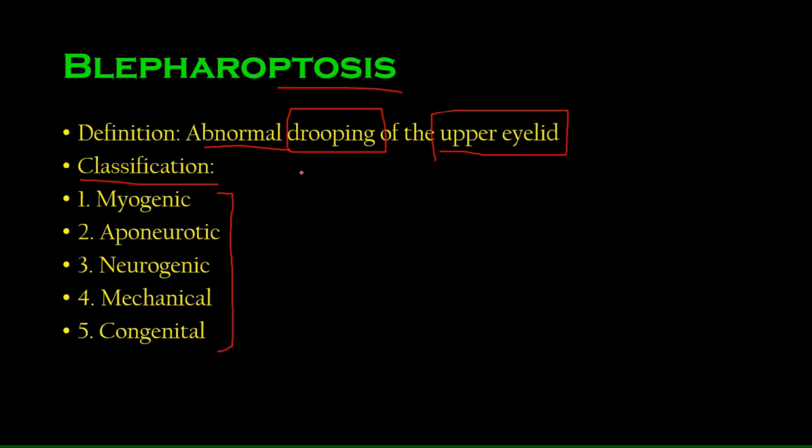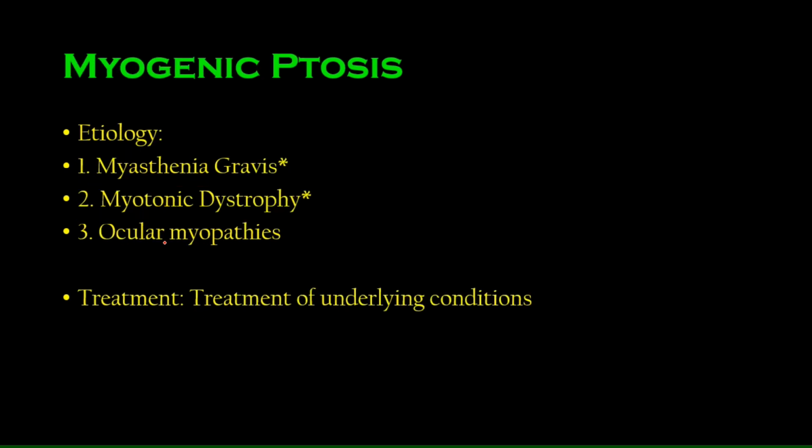So classification: myogenic, aponeurotic, neurogenic, mechanical, and congenital. Easy, right? Nothing so difficult about it. Myogenic ptosis, right? In which there is a problem in the myo, or in the muscle, right? So when you think about those diseases in which there are muscles which are not properly working, myasthenia gravis very naturally comes to our mind, right? Myasthenia gravis is a muscle disorder. It's an autoimmune disorder where